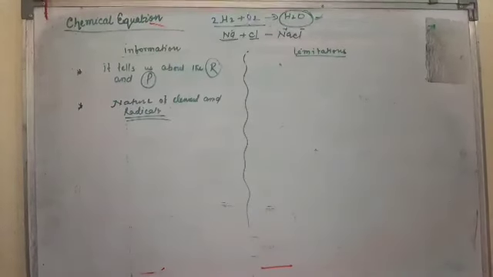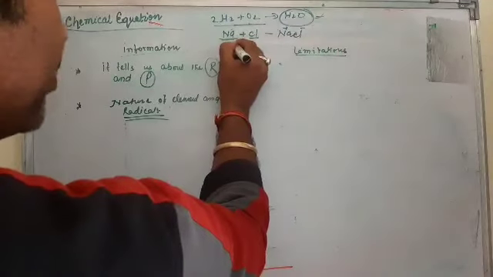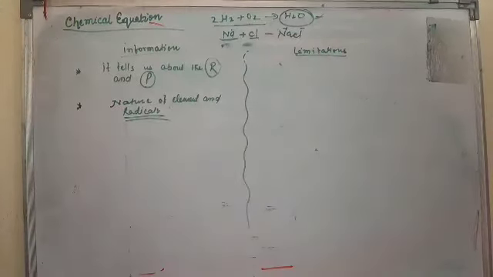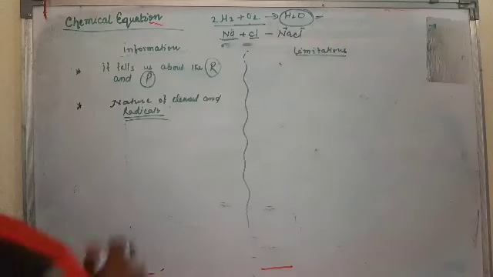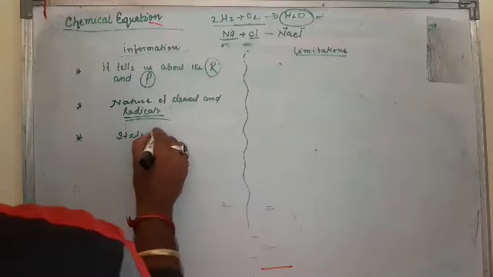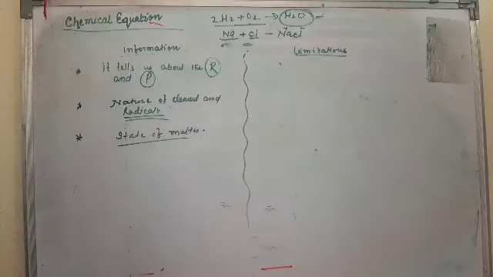The nature of the product you can understand. Without giving the information that this is M and this is Nm, we can easily understand. Sodium, metal, chlorine, non-metal. The state of matter also. It tells us the state of matter. State of matter also. The information we gathered from a chemical equation.